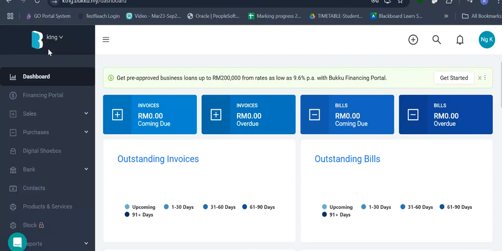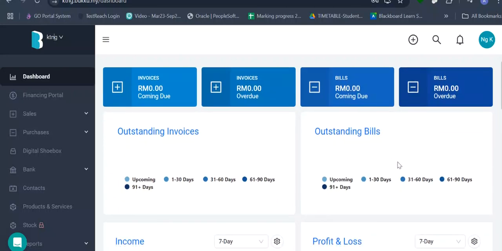It doesn't mean that user-friendly means it's lousy. It's powerful, and I believe there are many functions that you do not need to use if you're just a normal SME, for example. You don't need to use a lot of functions inside Buku for you to complete work. But it is actually powerful and user-friendly enough to let you complete your day-to-day accounting work. So we start now, okay?